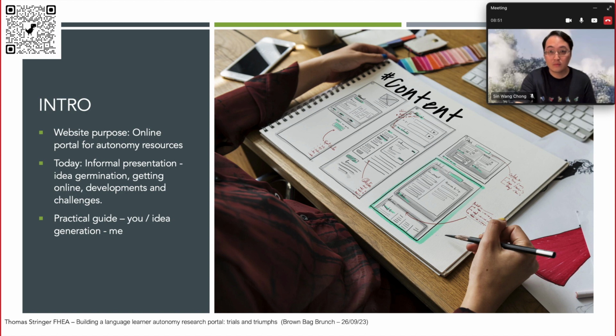So really what I hoped it would be for the audience, so people watching, is some kind of practical guide, and hopefully spur your own creativity and ideas in that way. And for me, what I was hoping to get out of it is, really this is a very nascent or early stages project. So I'm hopefully looking to get some practical feedback on user testing, as it were, on the website and how it's doing.